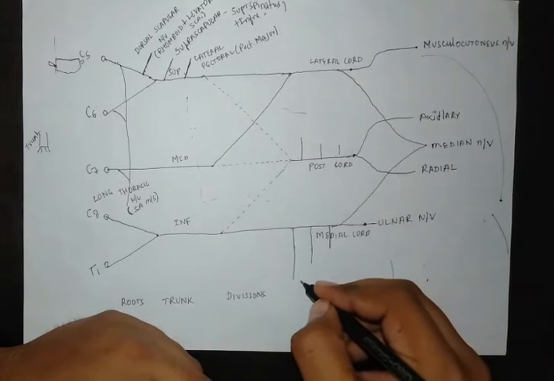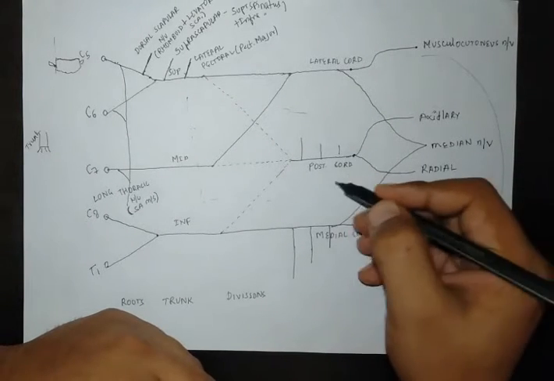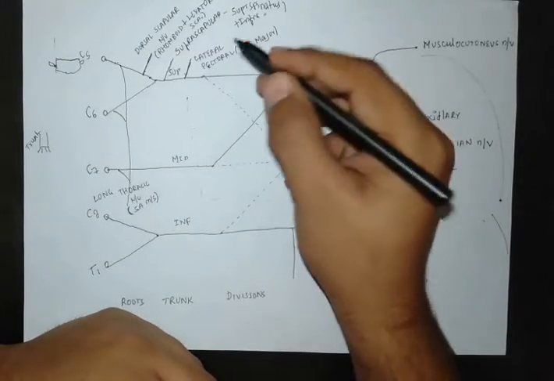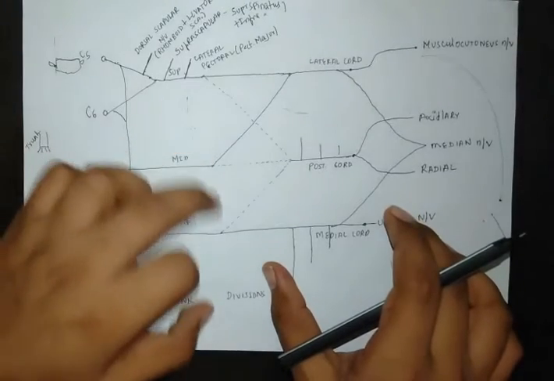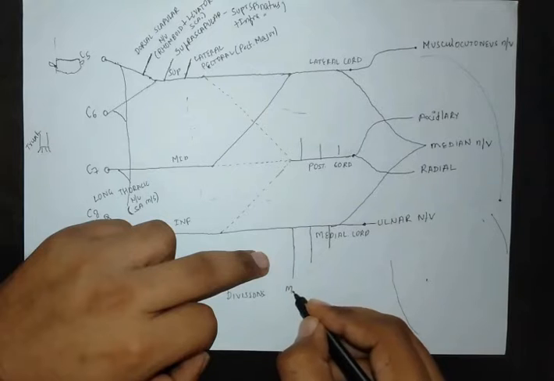Now we will come towards the medial side. I will not be touching the posterior cord. We will be doing that after this. See, lateral pectoral you have done. Now to counteract it, the medial cord also gives a medial pectoral.